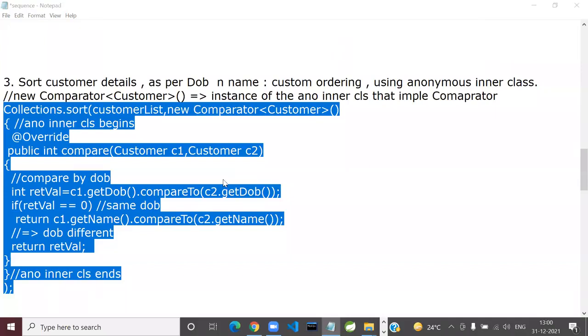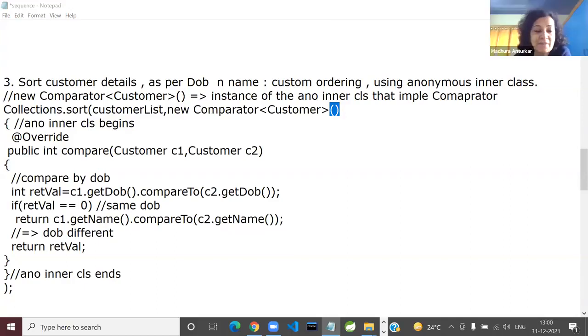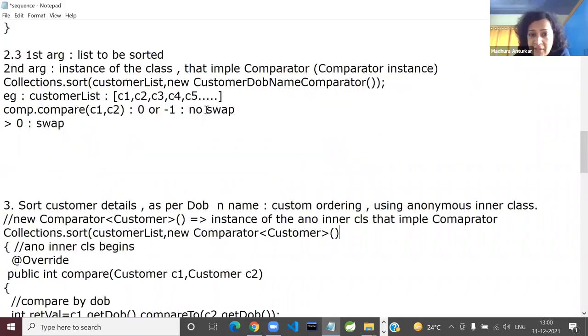What is the meaning of that rounded bracket? Compare customer tag. This one. Anyone wants to answer this question? What is the meaning of these round brackets? Anyone? A constructor, a default constructor is getting called. See this one. Okay. See, these were the round brackets for calling the separate class's constructor. These are the pair of round brackets to call the anonymous inner class's default constructor. Okay. Any more questions like this?